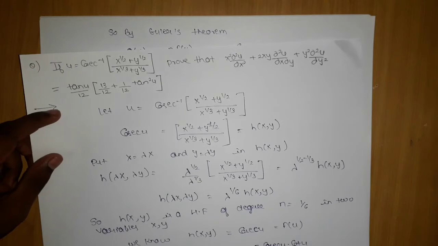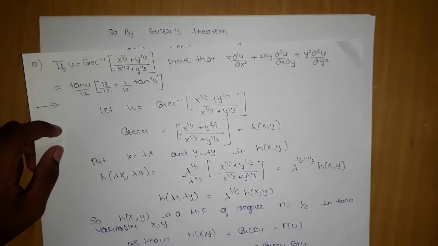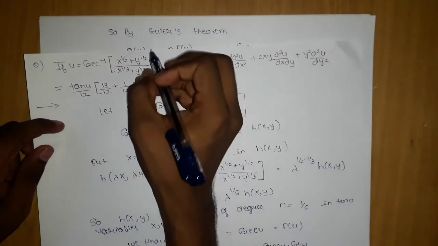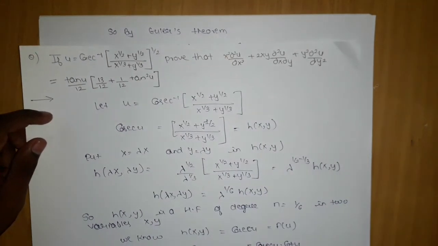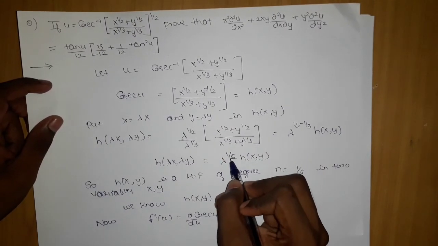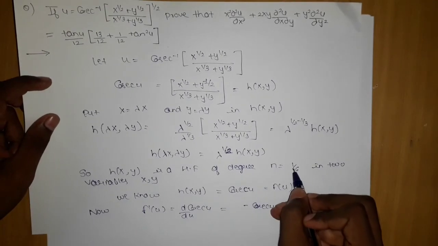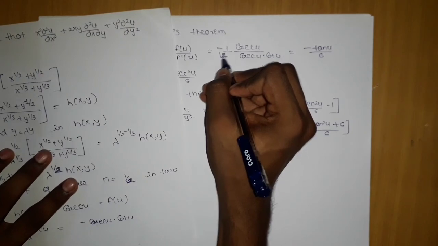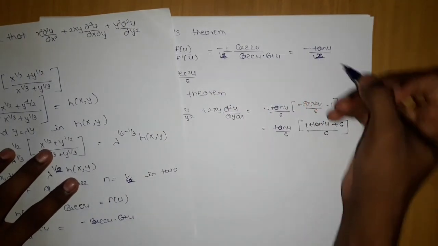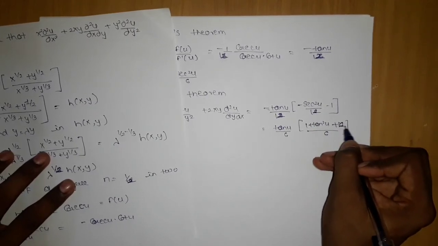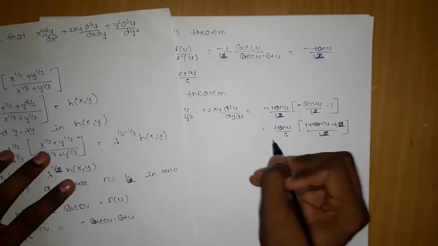Here it will be 7 by... okay, let me check whether the question is wrong or what. Yeah, the question has some mistake. It should be 1 by 2. If here it will be 1 by 2, then here it will be 1 by 6 into 2, which will be 1 by 12. And if it is 1 by 12, then rest of the story you know only. So not a big change. Here you just replace 6 by 12 and you will get the same answer. So here it will be 12 and here it will be 12 and here it will be 12.